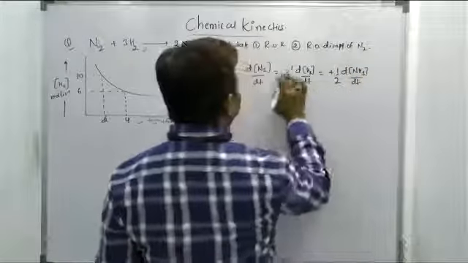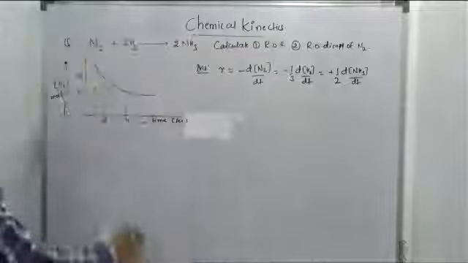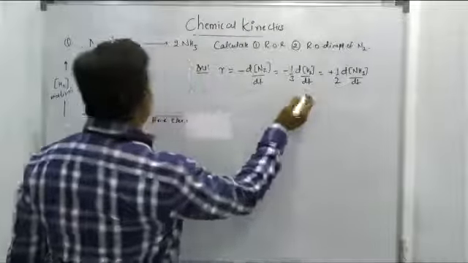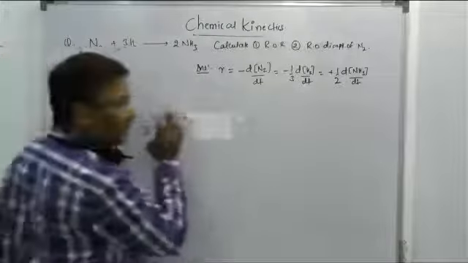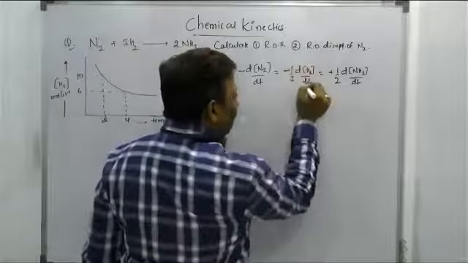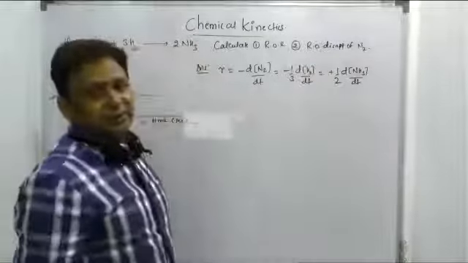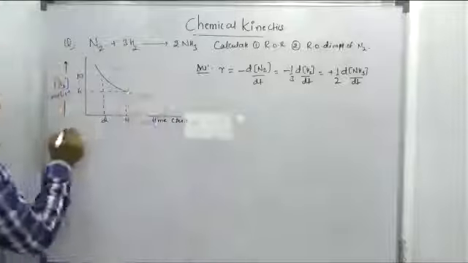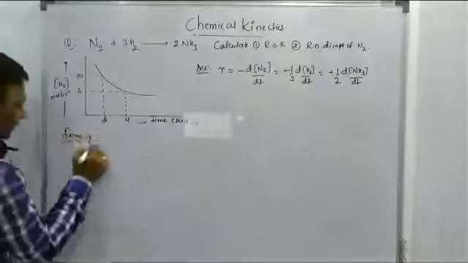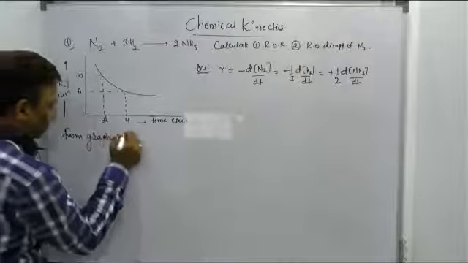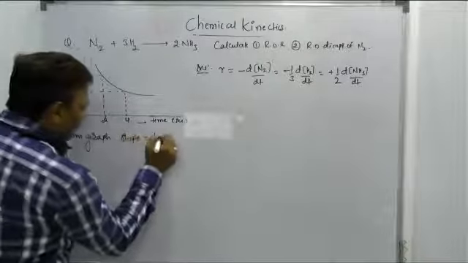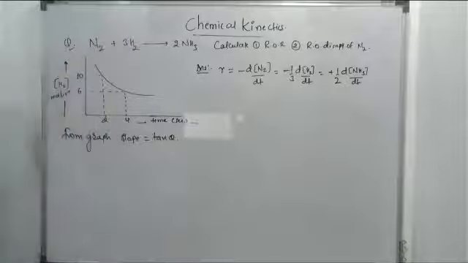That concept was over. Here in this graph they give only the concentration of H2. That means from this graphical method I am able to find minus d concentration of H2 by dt. How, sir? From the graph, can you find the slope? Because once we get the slope, that is equal to tan theta, right? Now the question is how to get the slope from the graph. Tan theta is equal to what you will do.